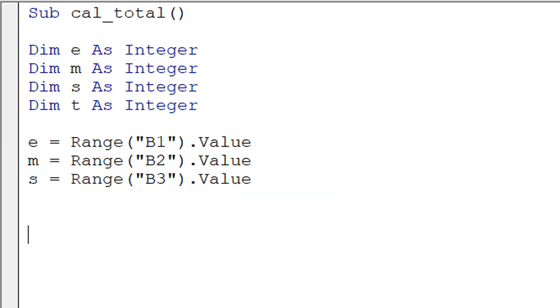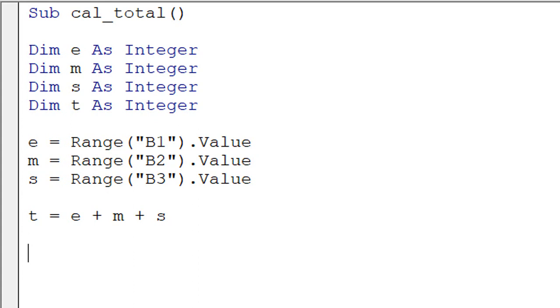So now my 3 marks are available in these 3 variables. Now I have another variable called T. Always remember, right side goes into left side. So we write the expression on the right side, which is E + M + S. I have told the computer the sum of these three should be stored in T.